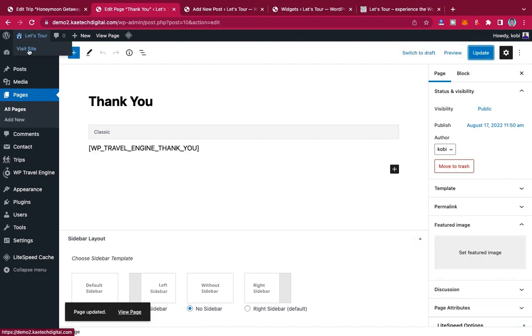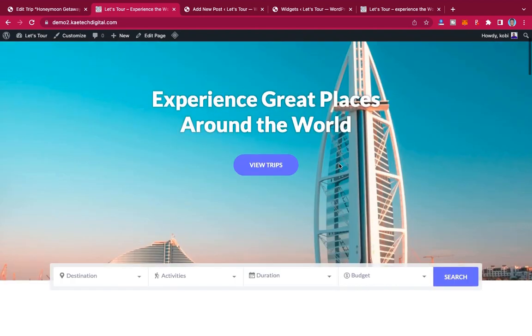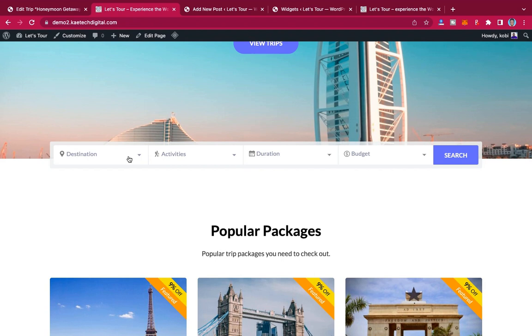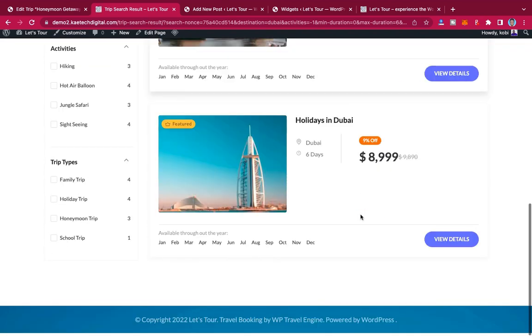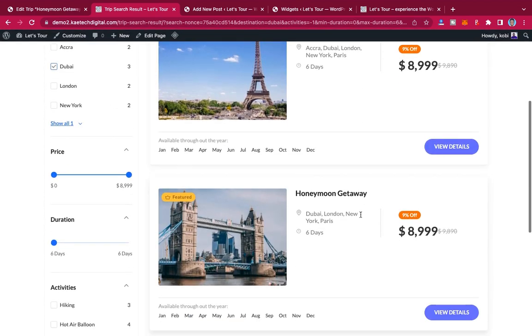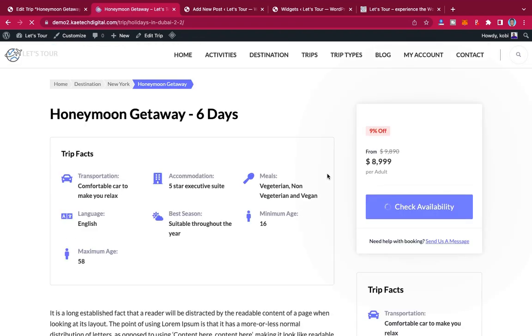Okay, very good. So now that everything is done, guys, what I am going to do is pass through the same process again. So let's say I come to the website, and then what I need to do is search for some destination to Dubai. Maybe activities and duration and all those kinds of stuff, just destination to Dubai. Okay, and I say I'm searching for it. Now it will take me to this place. I have a whole lot of these Dubai trips over here. So what I want is the honeymoon getaway. I'll choose it,